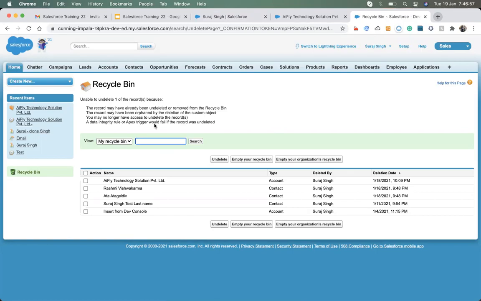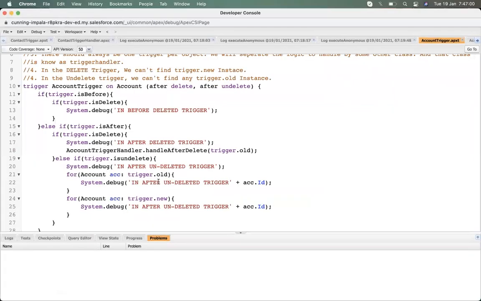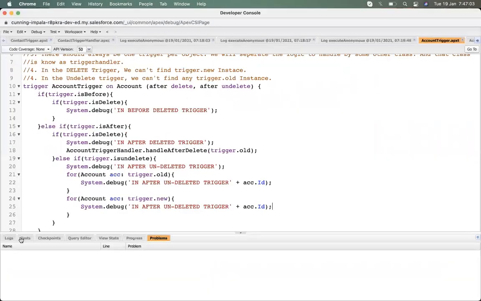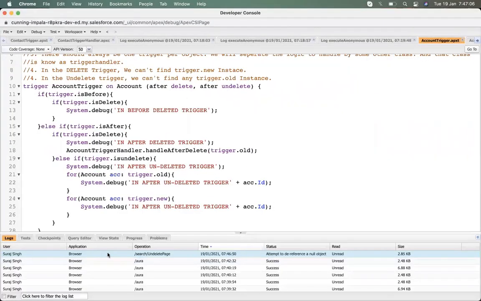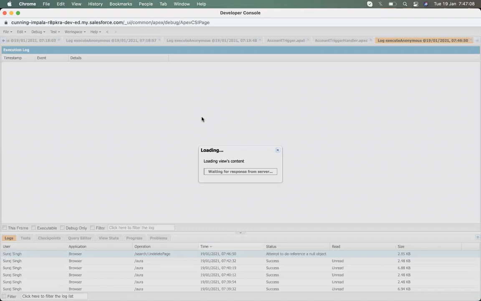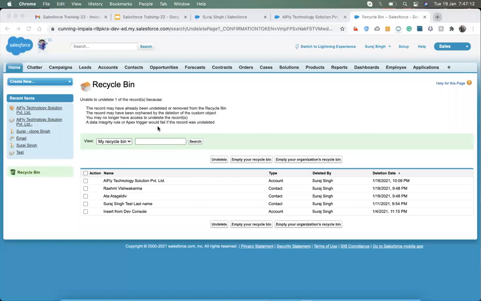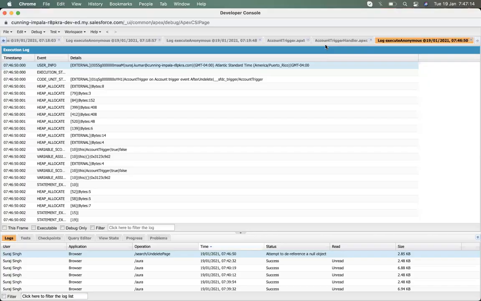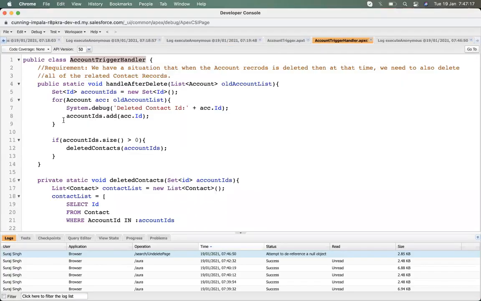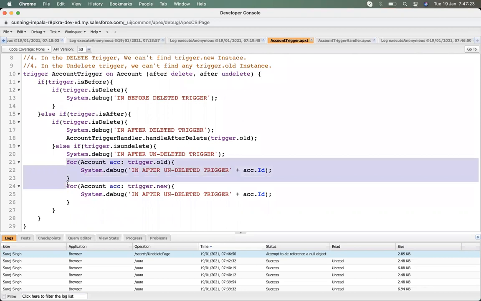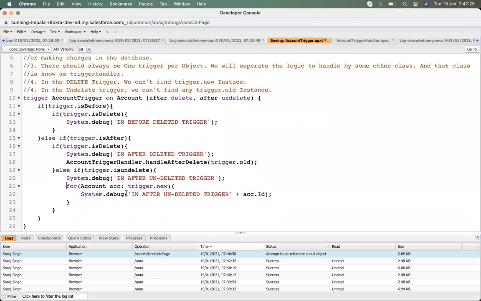It's causing an exception because we are trying to access the trigger.old value. If I look at my logs, it will show me that we are trying to access the old value. That's why it's causing an exception and not letting us undelete. So I need to remove that trigger.old, because this instance will not be found in this situation. So we can get only trigger.new, and